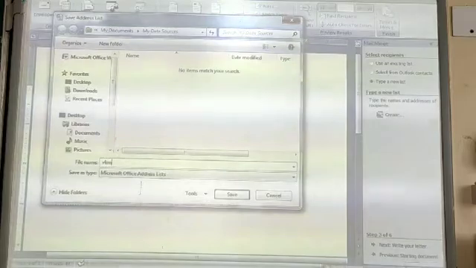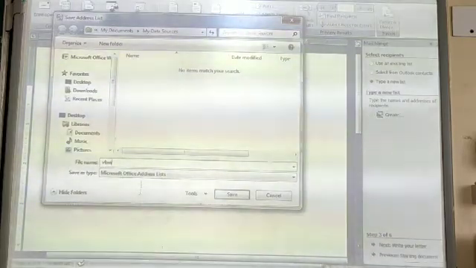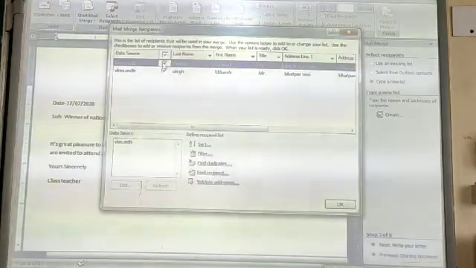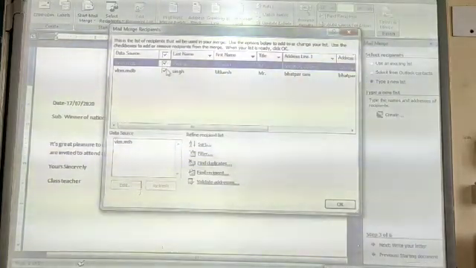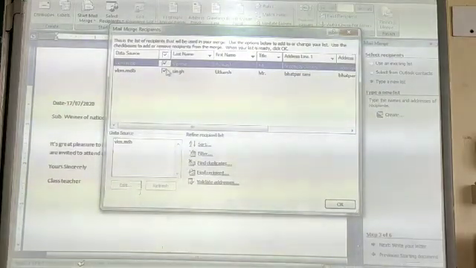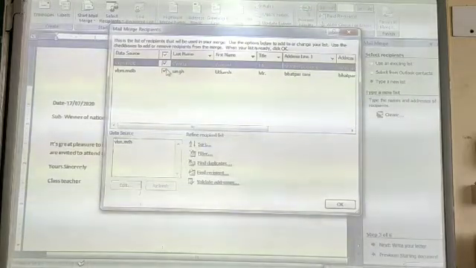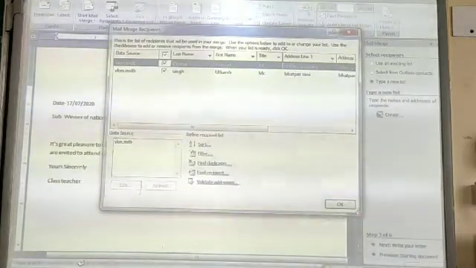Give the data source name and save. It will show you the total number of entries which you have done. Clear? Once the entries are done, you can click on the OK button